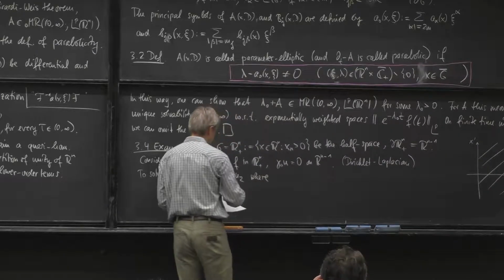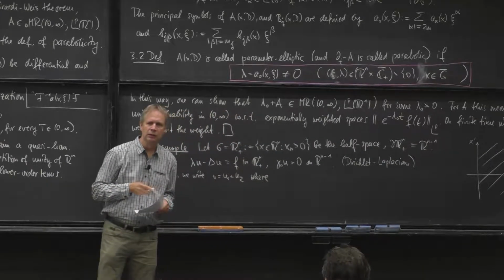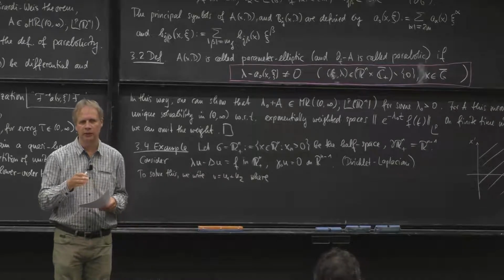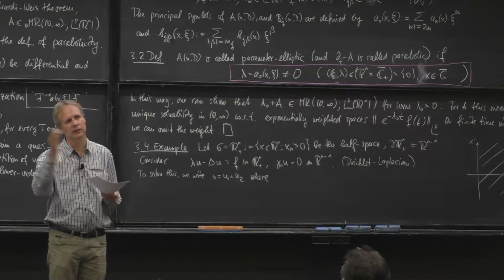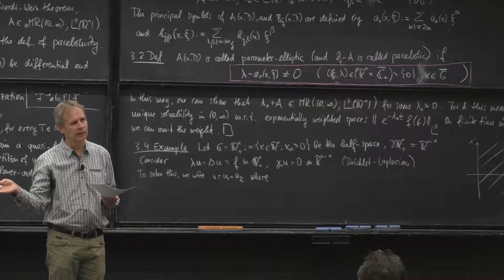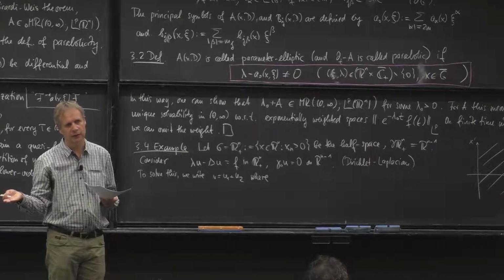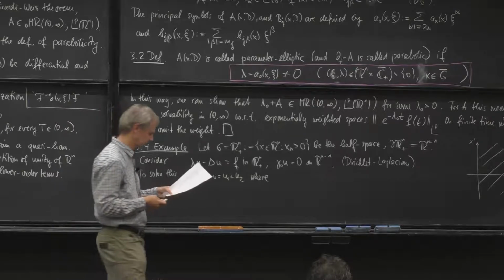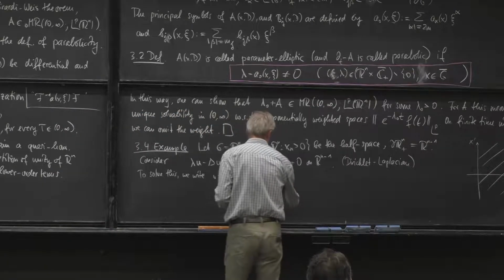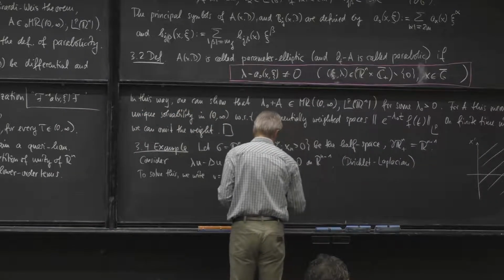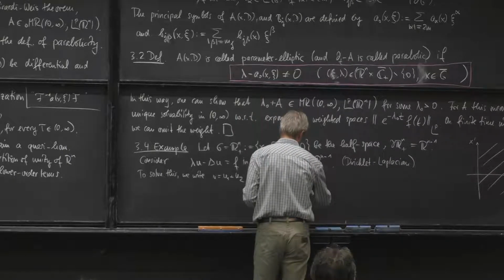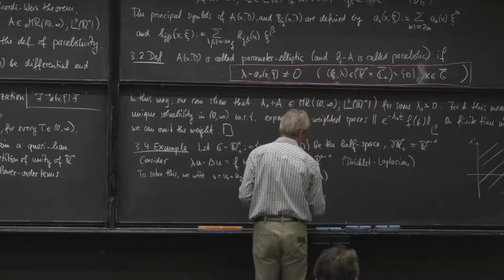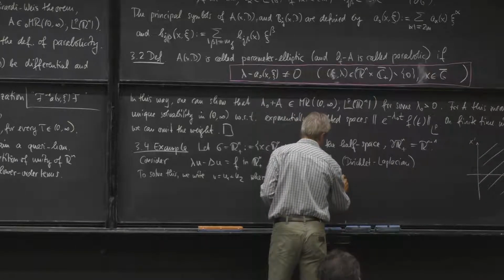So u1 is the whole space resolvent, but I'm living in the half space. So I first extend the right-hand side by 0. It's an Lp function. I extend it by 0 to the whole space. I take the whole space resolvent and I restrict again to the half space. So u1 is defined as the restriction to the half space of the whole space resolvent applied to the trivial extension of f.